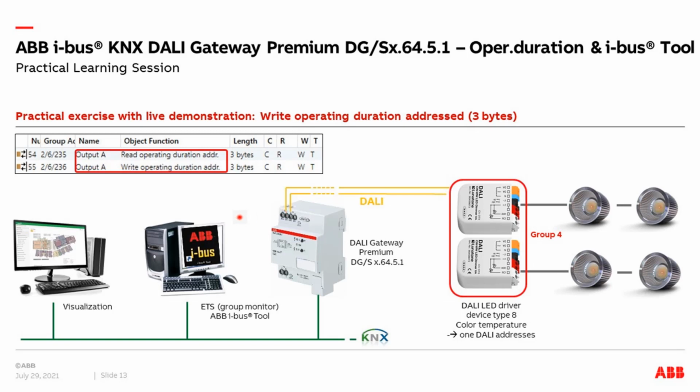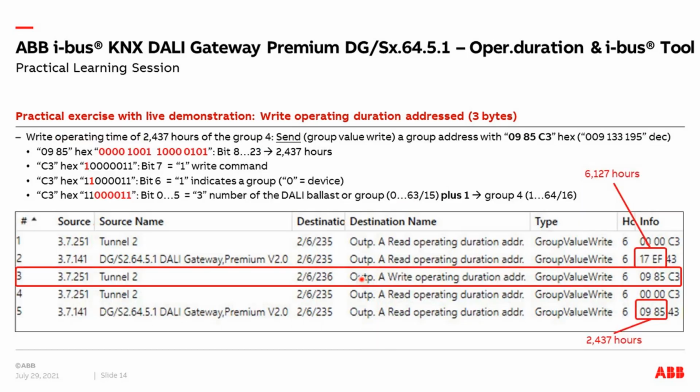Good, and then we also want to write an operating hours value into a ballast address, for example in my group number 4. I want to write new operating hours via my visualization or via the ETS. So then I have to use the other group object. The group object is also 3 bytes, and in the high byte and the middle byte we have to enter our operating hours. For example, here we want to write